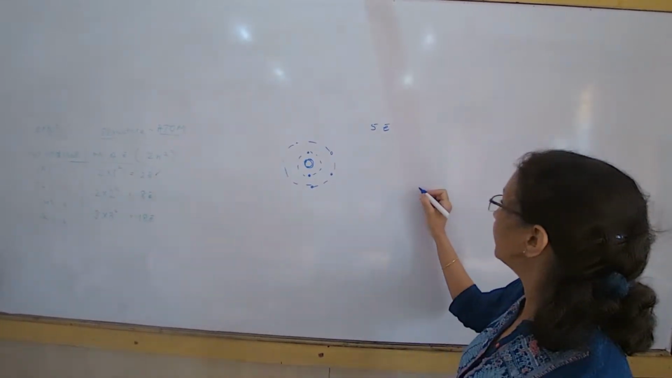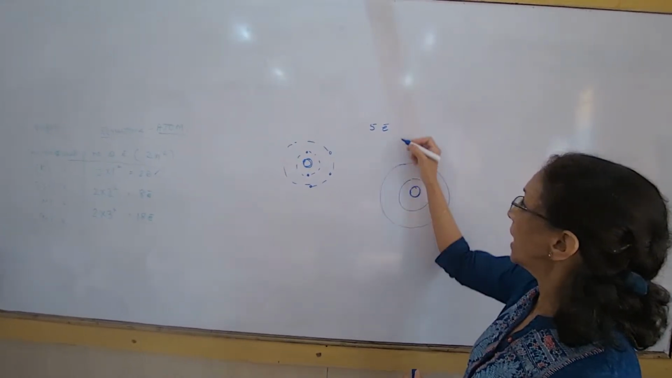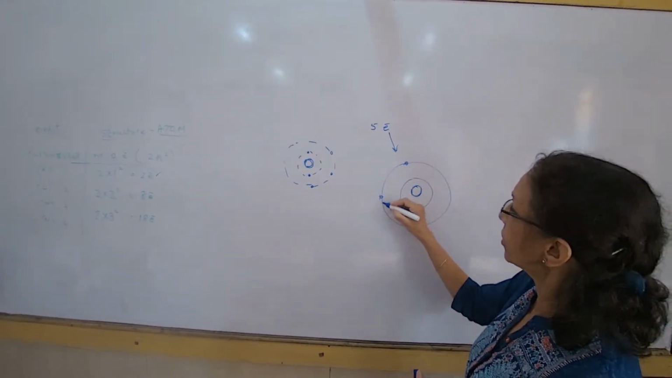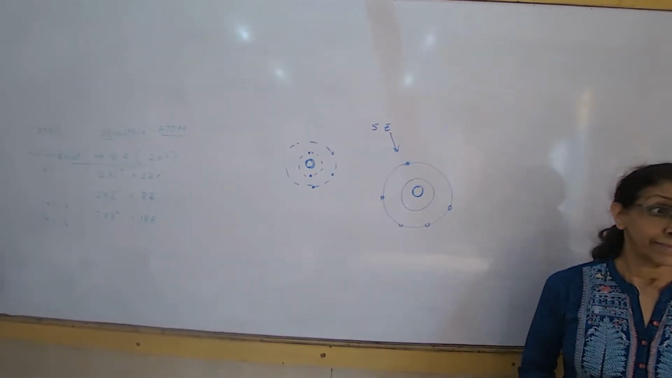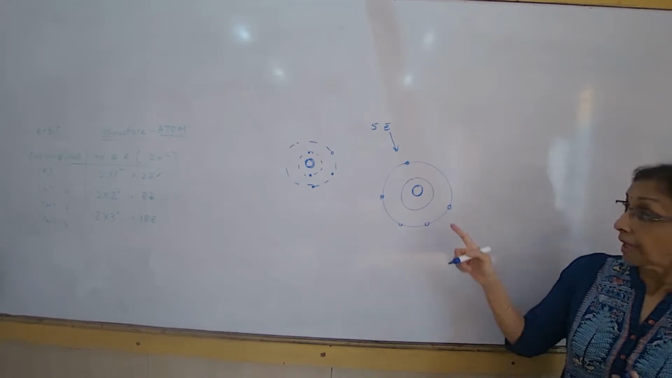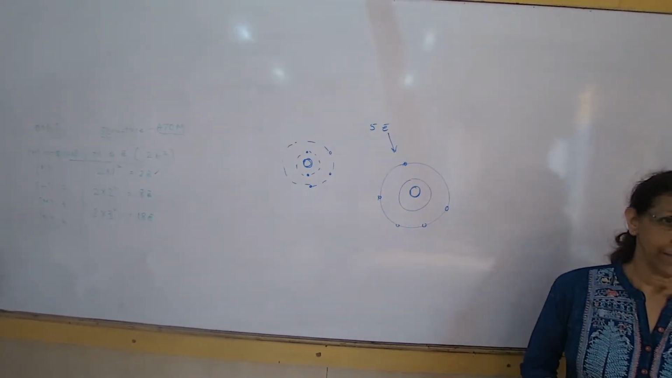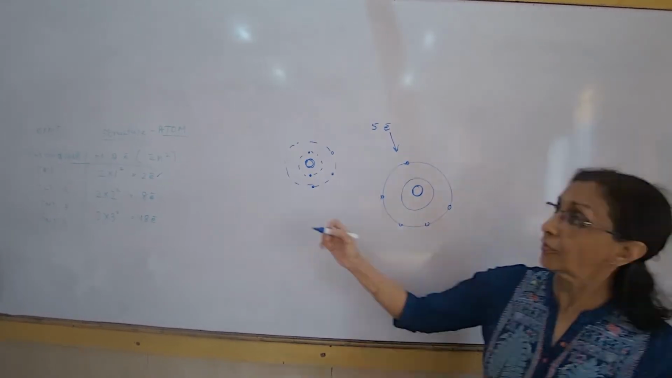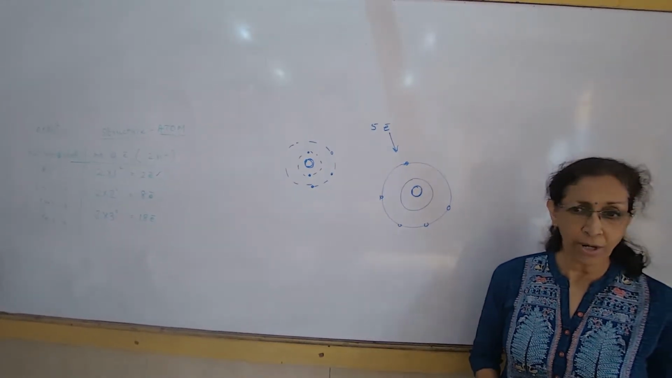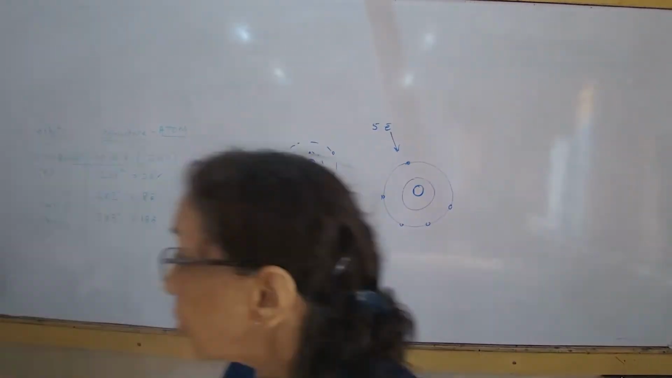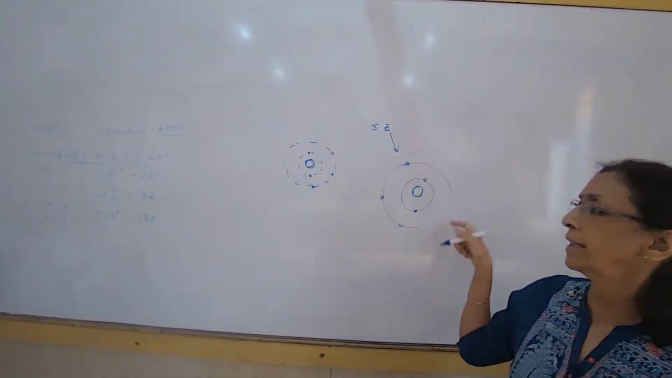Okay, can we have something like this? Let's say this is the nucleus. I've got the first orbit, the second orbit, and I've got 5 electrons. All the 5 electrons will come like this. If the first orbit is not filled, is this diagram correct or not? No, it's not correct. Why? Because the first orbit should have 2 electrons. Did you understand? So the first 2 electrons must go into the first orbit,